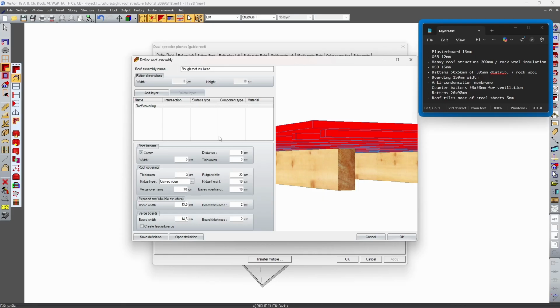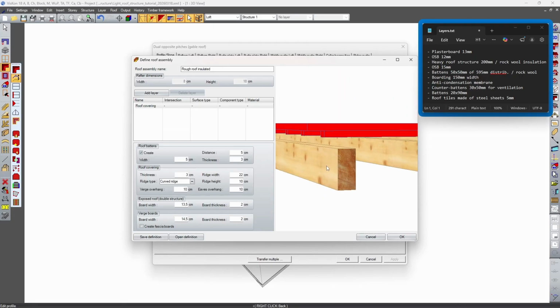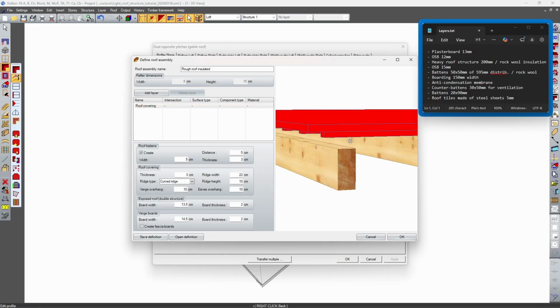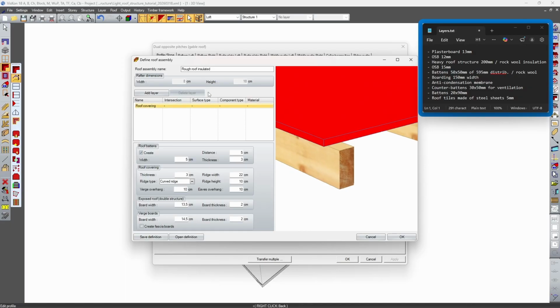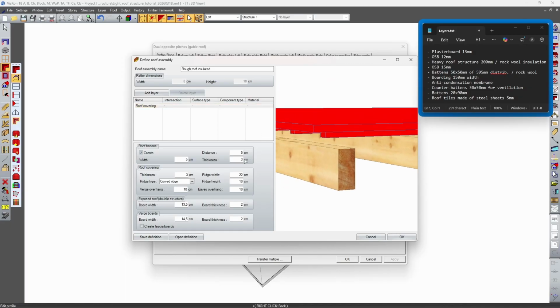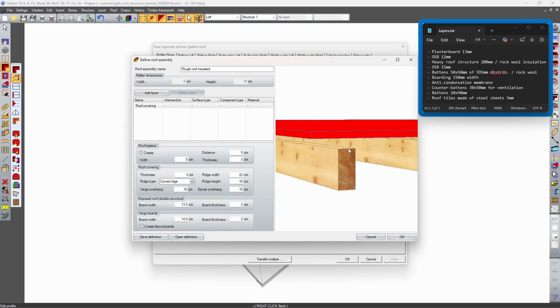We will make ours. So we have an empty list, or almost an empty list, because the roof covering always stays here. You cannot delete this layer. You can change it though, so that it has other properties, but you cannot get rid of it. We can disable the roof battens though, which I will do right now. So we have a clean sheet,